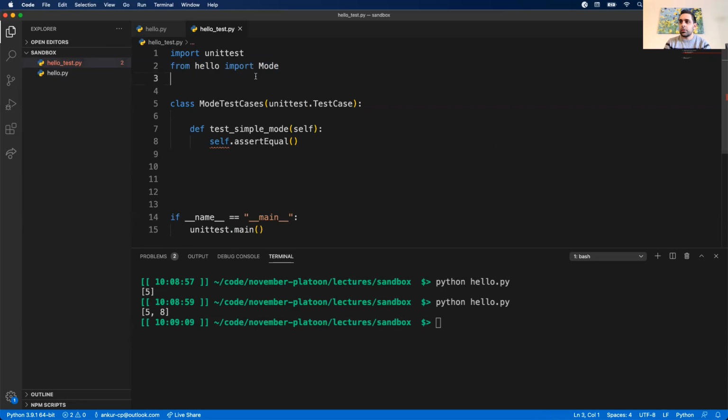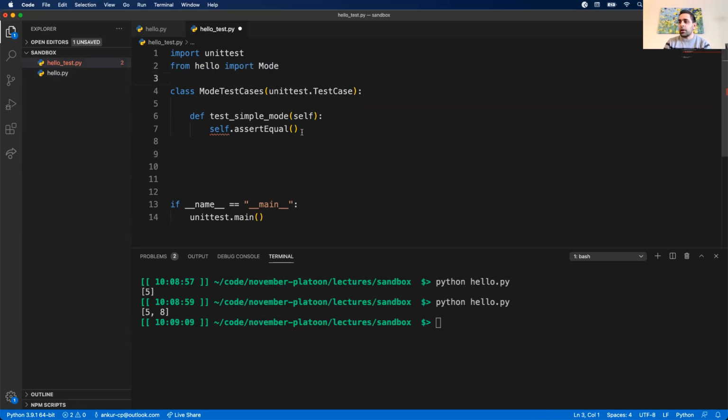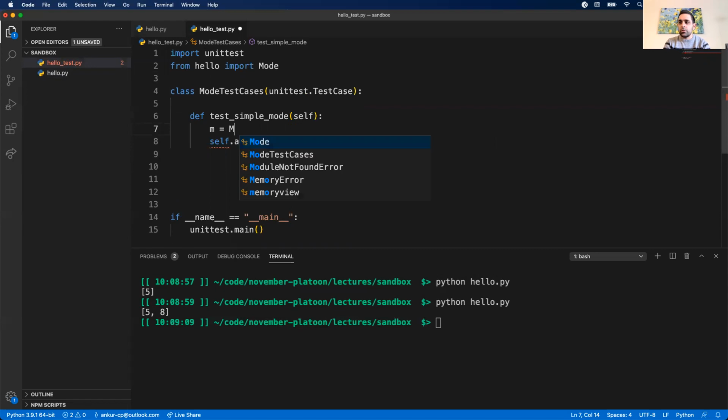All right. So I imported my class. Now I can actually use it. So I'm actually going to create an instance of my class in my method. So let's say m equals mode. Hopefully that's not a poor variable name, but I kind of know what it is right now. So this is an instance I created of my mode class, and I'm going to use it in my test